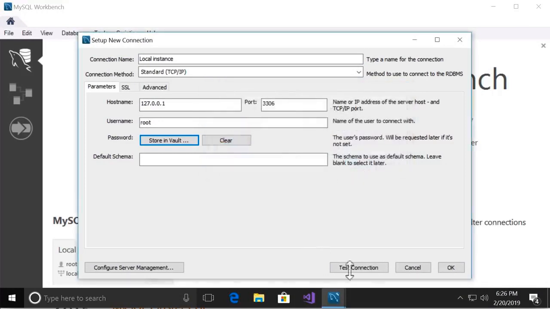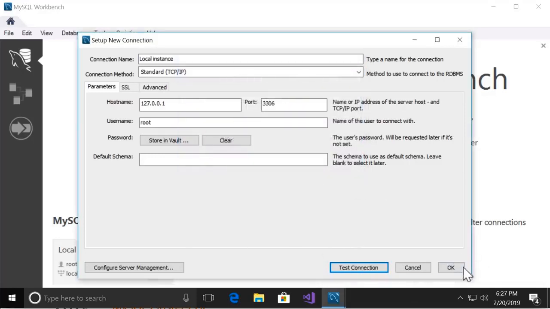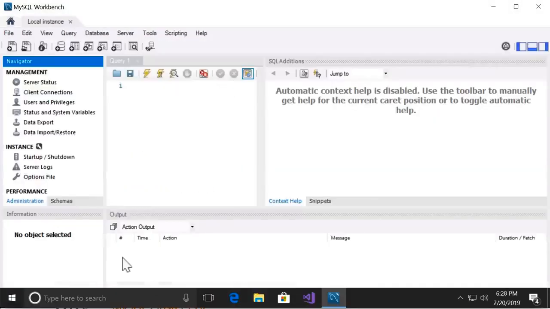Okay. Now click on Test Connection. All right, we successfully connected to the MySQL server on this computer. All right. Then click on OK. Now we click on this connection to connect to our database server. All right. So here's the interface that you'll be using throughout this course. On the left side, we have the navigator